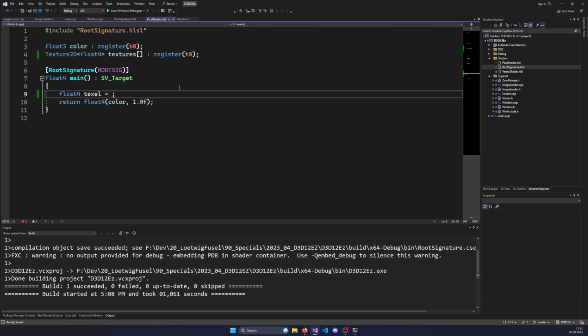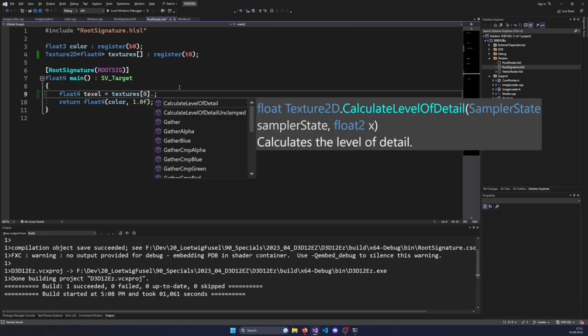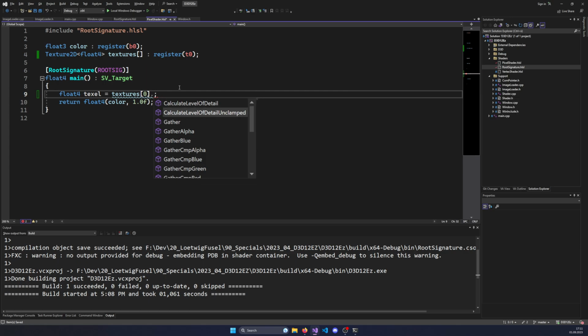Pixel is kind of like a screen pixel, and texel is kind of like the pixel from a texture, if you stay with the terminology. Now what I can do is go to my textures array, and since I just want to use the first texture here, I'm going to hardcode that. We're just going to take the first texture, and now I need to access the texture, so we can actually press a point on there because the texture is kind of like an object,